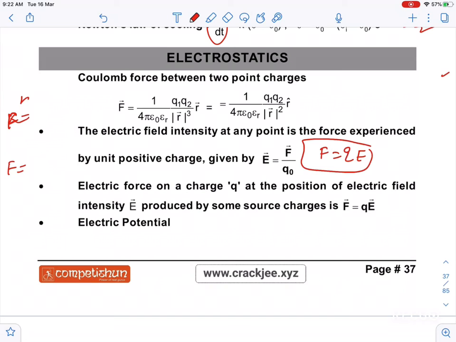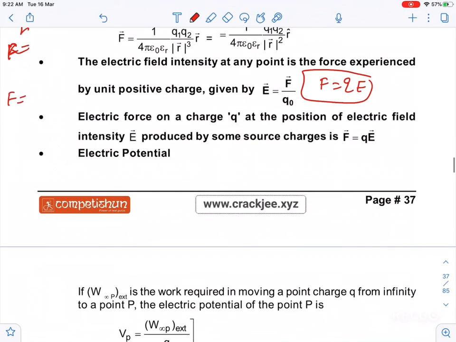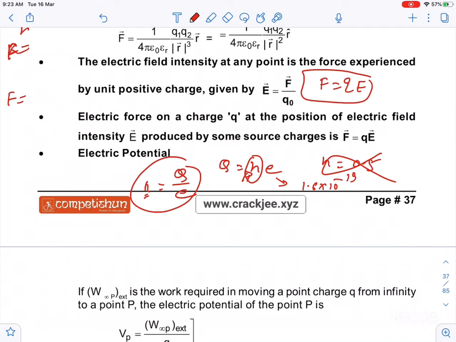Now guys, the force in an electric field is F equal to Q into E. Apart from that, you should keep some properties of charges in mind. Charge is conserved; the charge on an isolated body remains conserved. Charge is quantized: quantization of charge is Q equal to N into E. A body can have only integral multiples of the electronic charge, guys. N cannot be a fraction, like N cannot be 0.5. This is not possible. So which charge is possible on the body? Q by E, where E is the electronic charge 1.6 into 10 to the power minus 19. You divide by E, you get the value of N, and N should come as an integer.